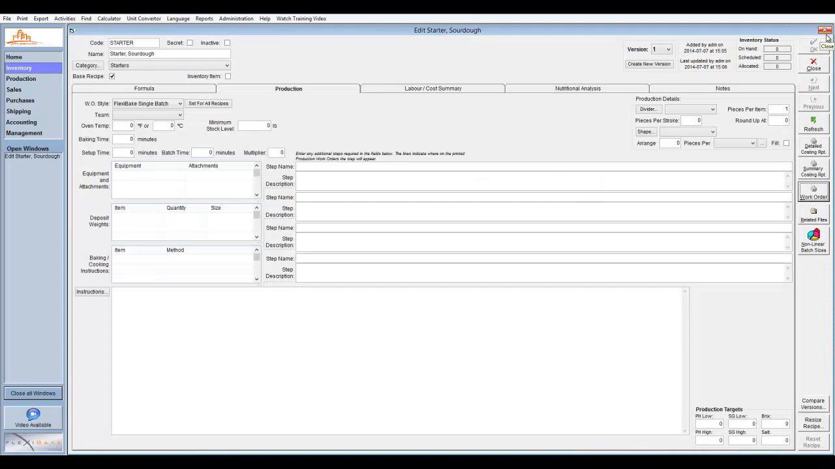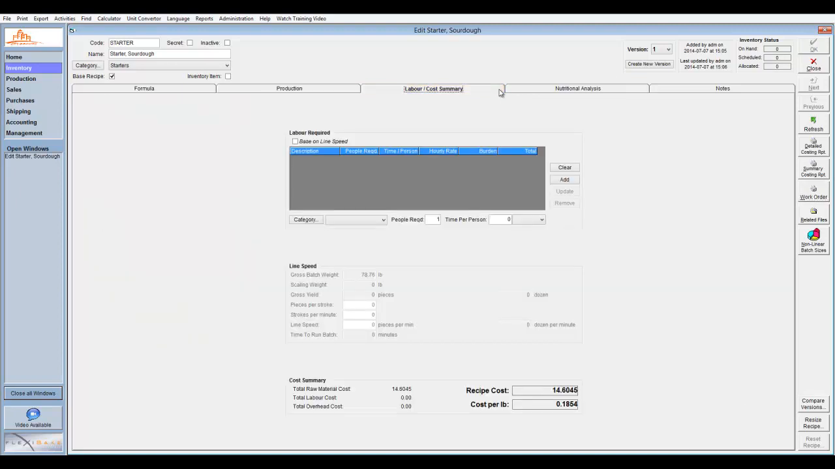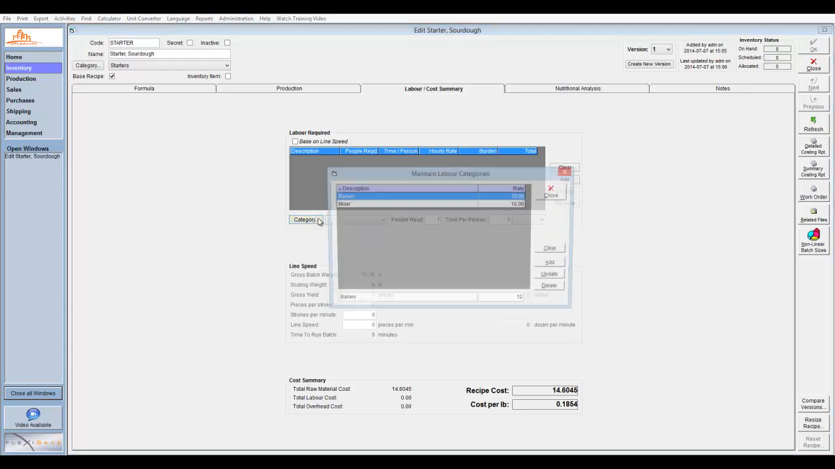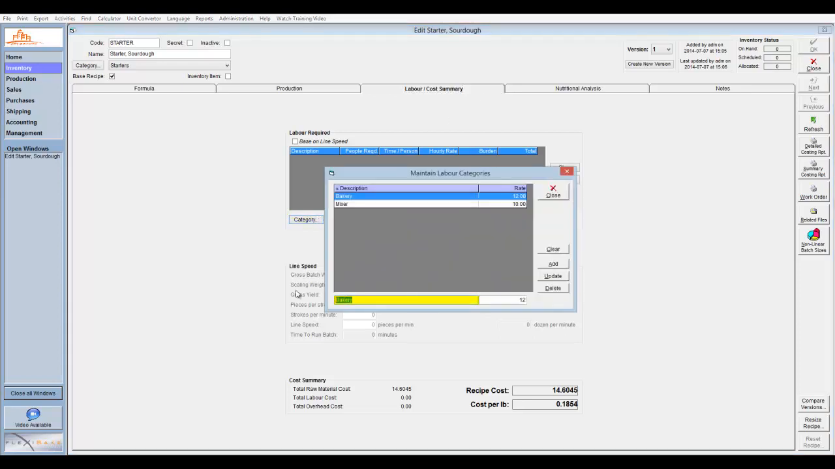To enter the labor required to make this recipe, click the Labor Cost Summary tab. Then, to create a new labor category, click the Category button, enter the type of labor required, their hourly rate, and click the Add button. Then, click Close to return to the previous window,